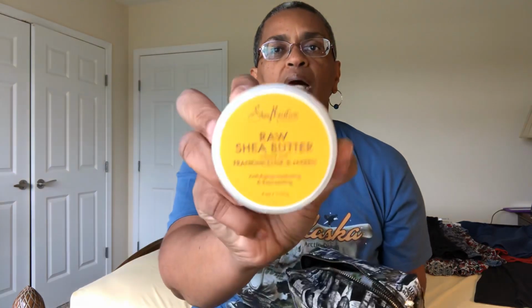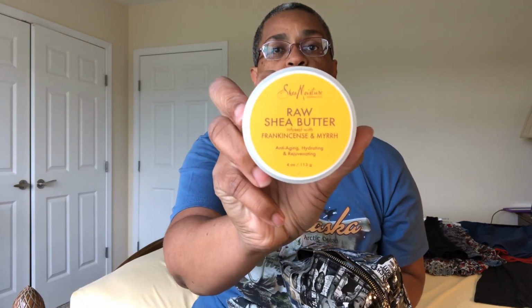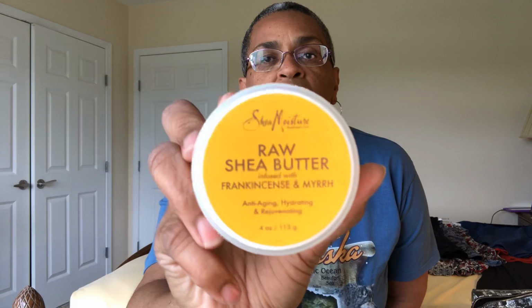This bag has a nice zipper pull, and it's chunky, so it has a nice capacity. So I carry my raw shea butter by Shea Moisture, and let me tell you all, this is the one that's infused with frankincense and myrrh, because those of you who are familiar with shea butter know that shea butter doesn't really have the best smell. So this one's infused with frankincense and myrrh, and you don't need a lot, let me tell you. But yeah, I always travel with this jar, and of course my travel size toothpaste and my folding toothbrush,